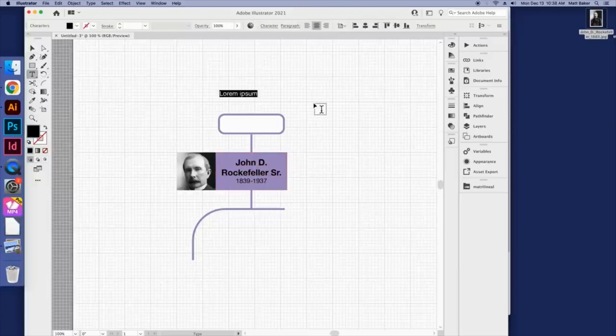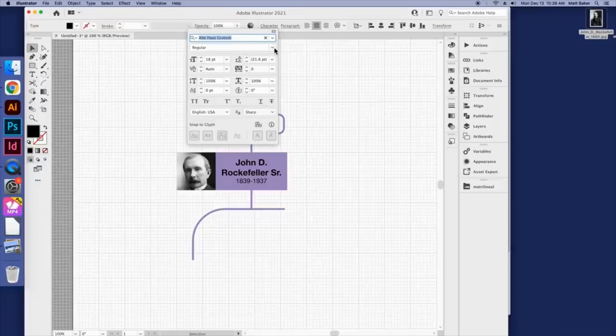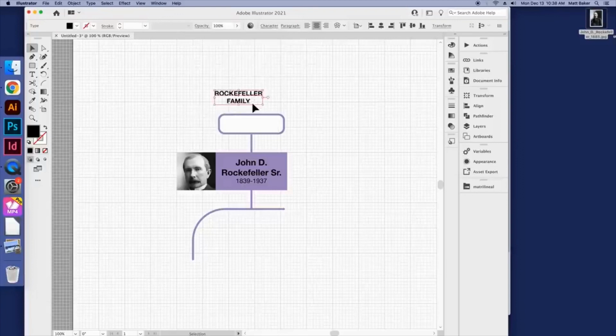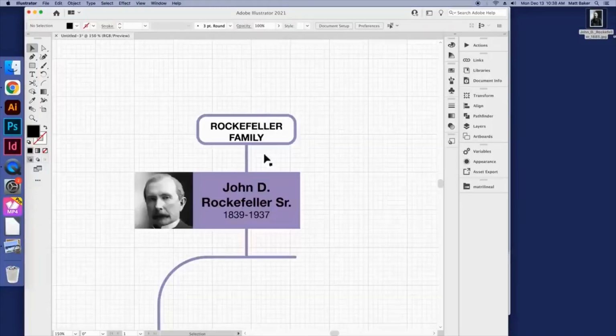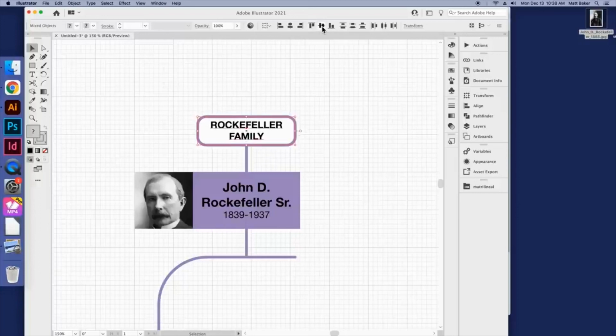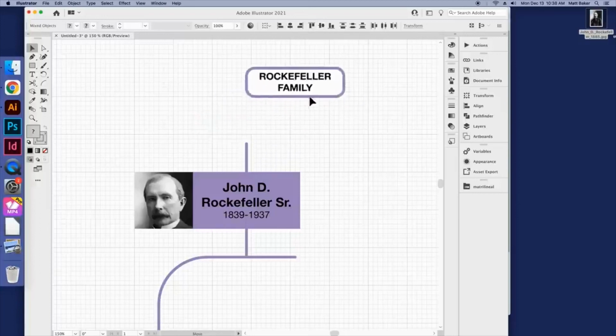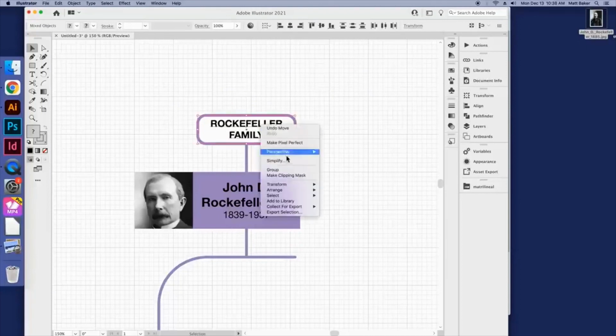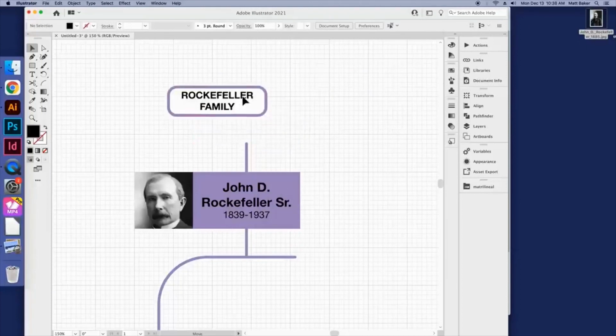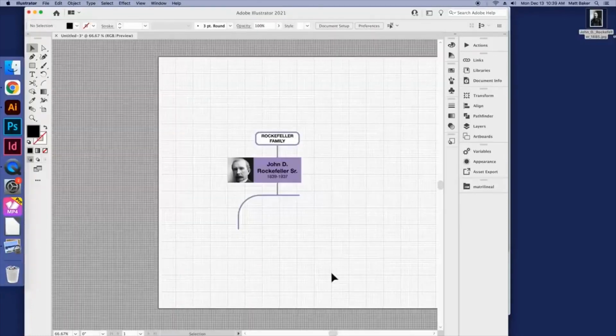I'll create a new text. Create some text here. Let's put Rockefeller family. Yeah, it defaulted to my font. Let's make it bold and put it in there. Notice it's not aligning because it's sticking to the grid. So I'll select both. This time I'll just click and drag, select both items, and use one of these alignment tools here to make sure it's all lined up. And in fact, I'm going to group that so that even if I click off it, it always stays together. All right,